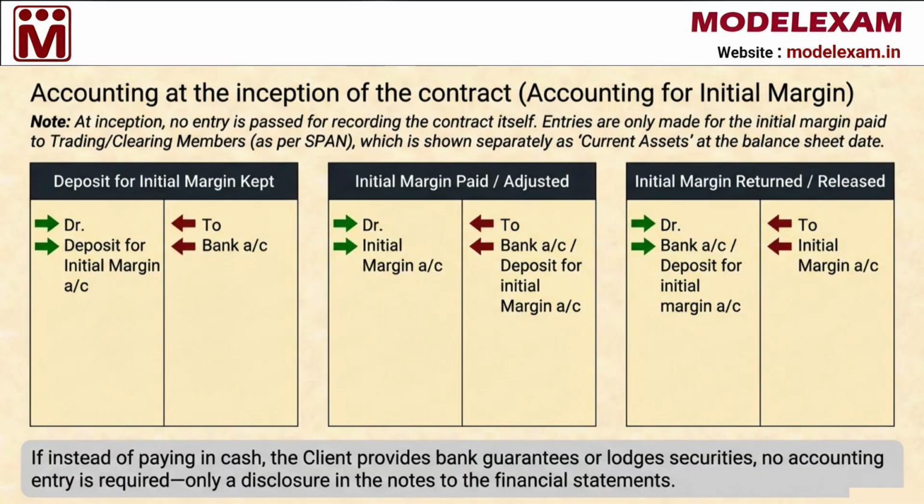Now that we understand who the rules apply to, let's talk about the first step in any trade, the initial margin. To start a futures contract, you must pay a deposit to your trading member. This is not the cost of the contract itself, but a security deposit that you record as a current asset in your balance sheet. If the market requires you to add more money later, you simply add those payments to